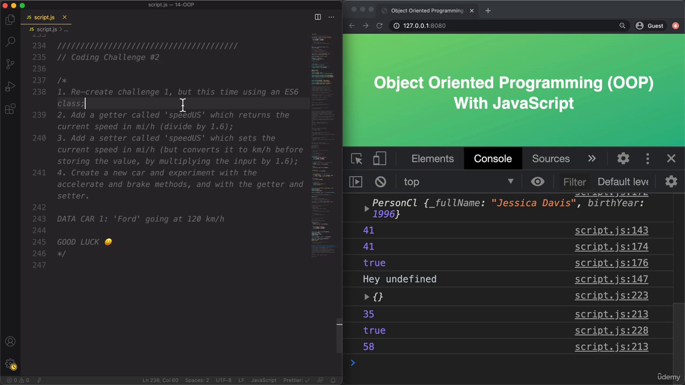Then besides that, I also want you to add a getter, which should be called speed US, and this one should return the current speed in miles per hour. So remember that the original speed is in kilometers per hour, and people in the US are usually not used to that, and so we can create a special getter called speed US. And to do the conversion from kilometers per hour to miles per hour, all you need to do is to